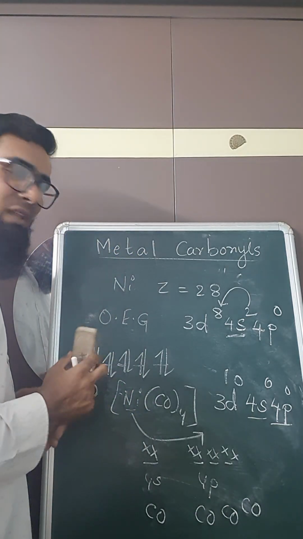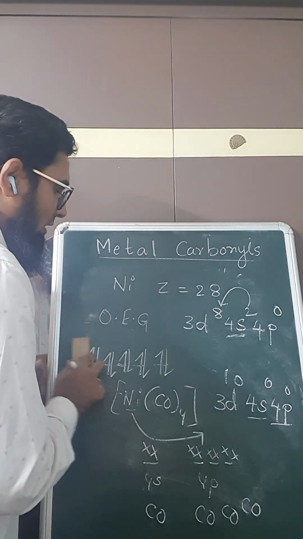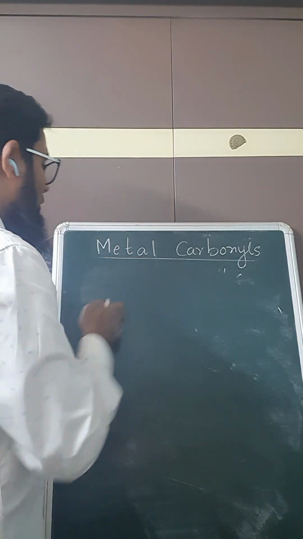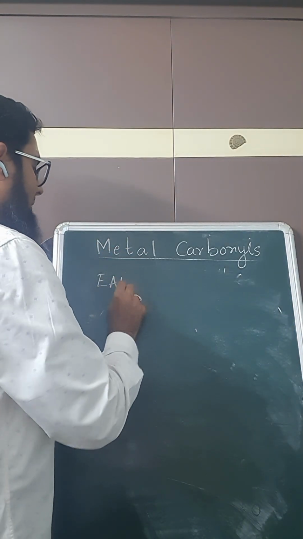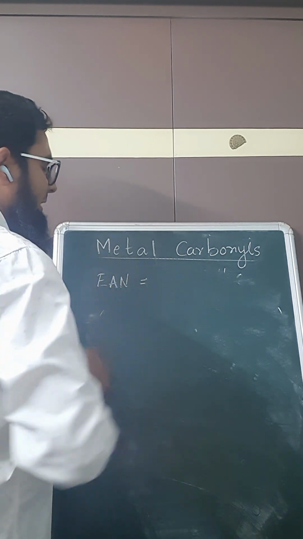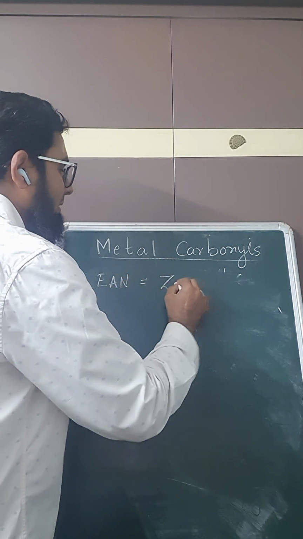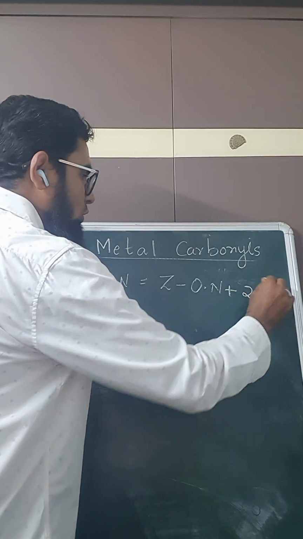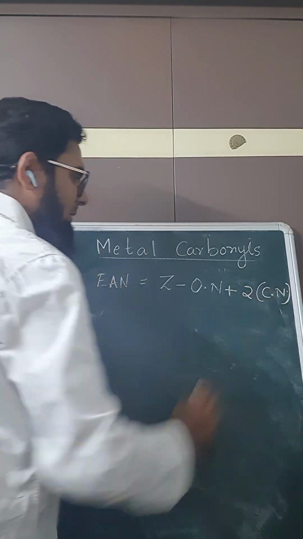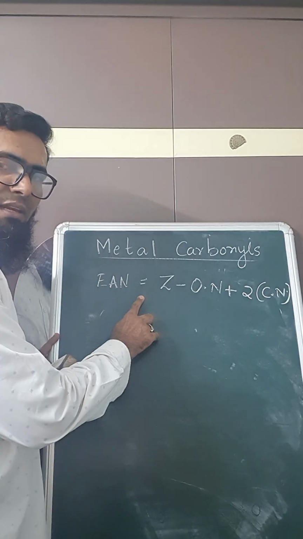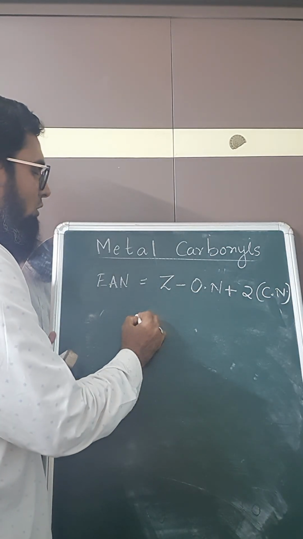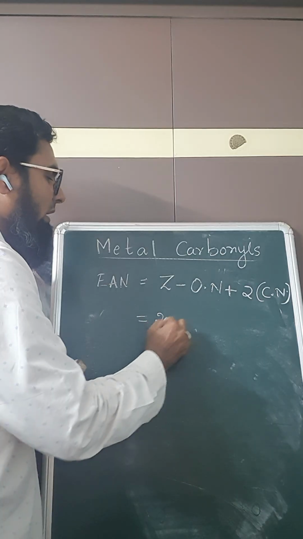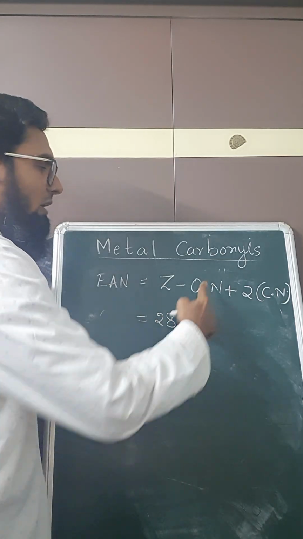The answer comes from EAN rule. What is EAN rule? Effective atomic number rule. EAN value can be calculated as Z minus oxidation number plus 2 into coordination number. Z stands for atomic number, right? So now if you take nickel tetracarbonyl, the atomic number of nickel is 28 minus, what is the oxidation state